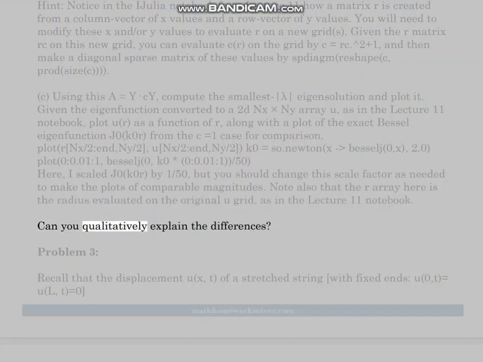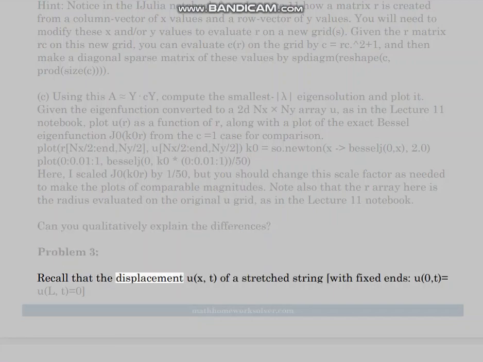Can you qualitatively explain the differences? Problem 3. Recall that the displacement u(x,t) of a stretched string with fixed ends, u(0,t) equals u(L,t) equals 0,